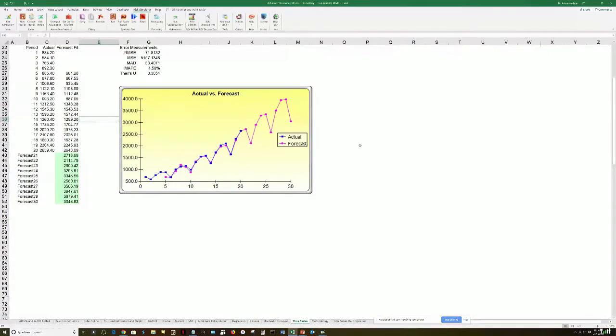And whatever the best fit is, it brings it forward into the future. And you see the trend and you see the seasonality as well. So we see the actual values for 20 periods. Here's the forecast fitting. We do a back fitting. Then we forecast this out for the next 10 periods. And so, pretty easy to use.